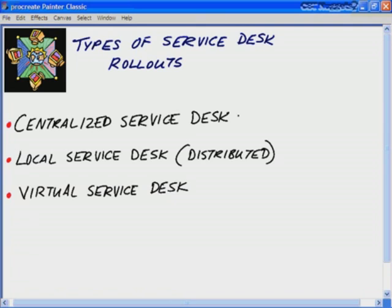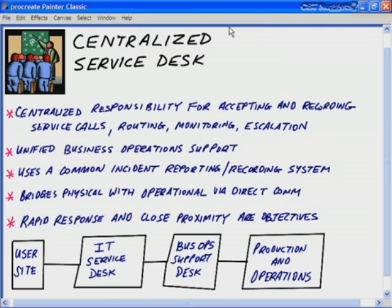Next, we want to explore the 3 different types of service desk rollouts or deployments, and we're going to focus on these one at a time. We'll look first at the centralized service desk, then the local service desk or distributed service desk, and then finally the virtual service desk. The centralized service desk model is going to have more of a linear aspect in the